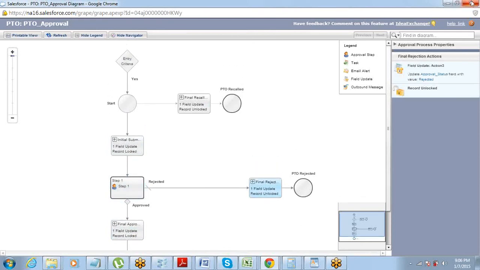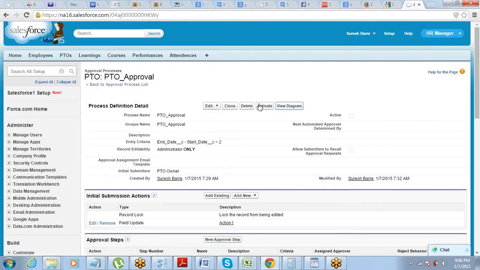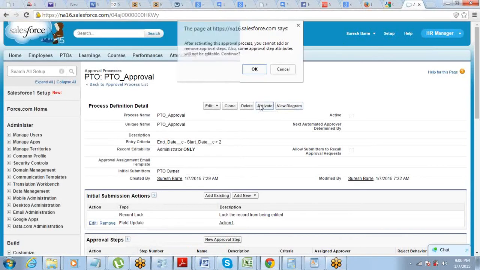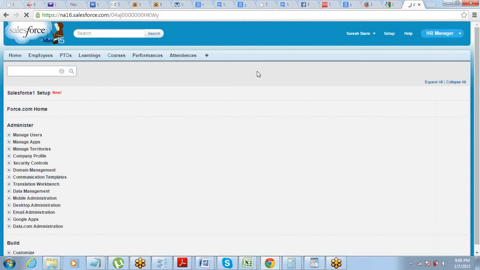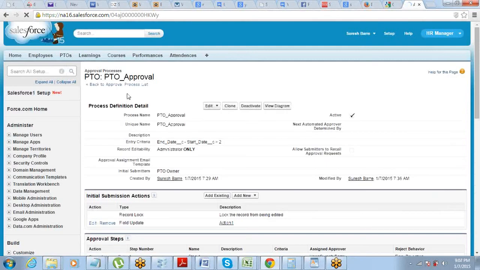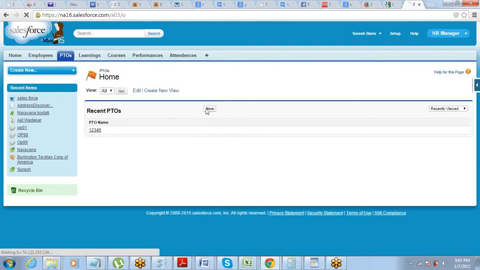From here you can easily see the way the process has been defined, the flow chart of the approval process. It will show us the complete flow chart. So what all steps have been included is visible here.